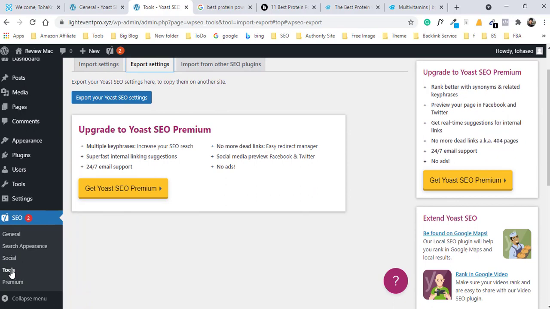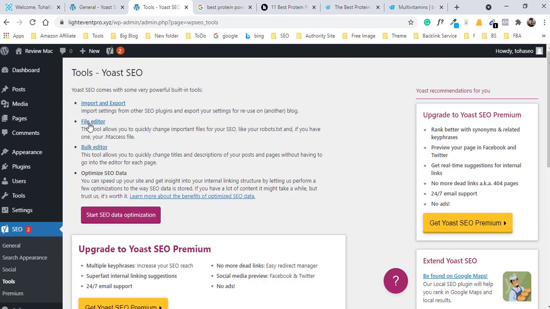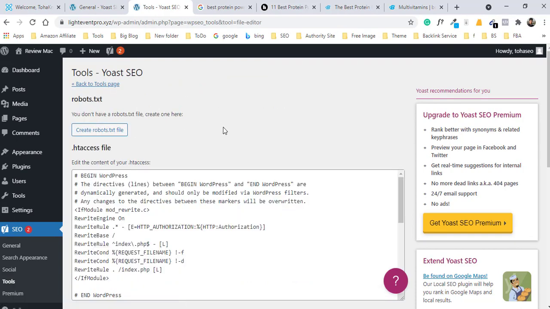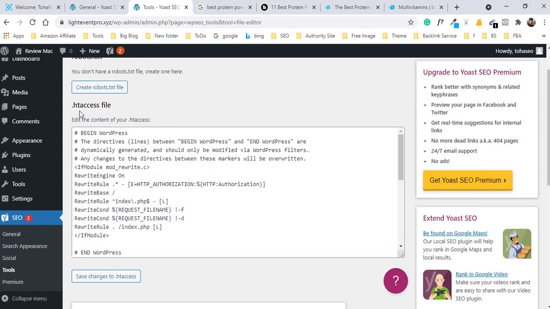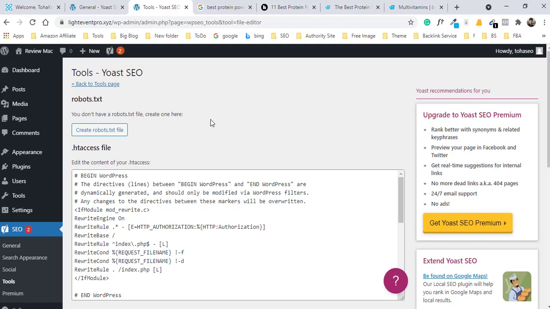Okay, so again we click on tools, and here you see the file editor. This is the editing option. You can edit the robots.txt file, and you can also edit the .htaccess file. You don't need to go to your cPanel or web hosting to edit those robots.txt and .htaccess files.